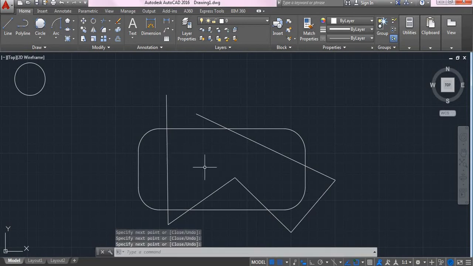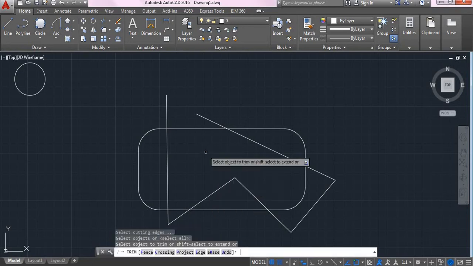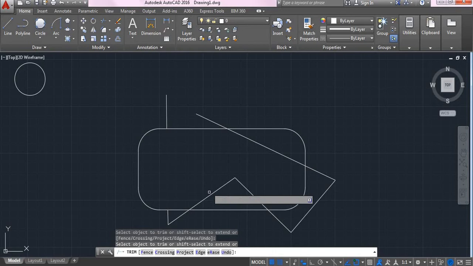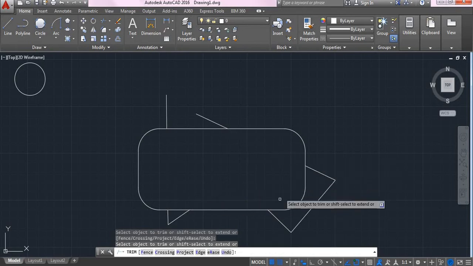In order to do that, you enter TR with the help of the keyboard and press the enter key 2 times. Then it is asking to select objects to trim. Then you can trim the objects inside the rectangle. Like this, the trim command is used.